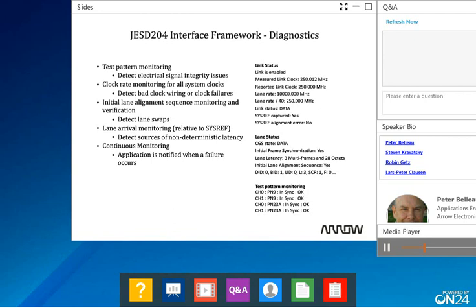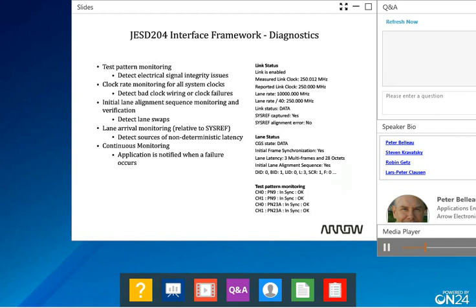This allows to measure the propagation delay from the data through the link and also helps to identify potential sources of non-deterministic latency. If, for example, a single lane has a much larger latency than the other lanes, this might point to an issue with this particular lane. All monitoring is performed continuously. This allows to detect system failures in a short time span, which is, for example, useful in high reliability environments.